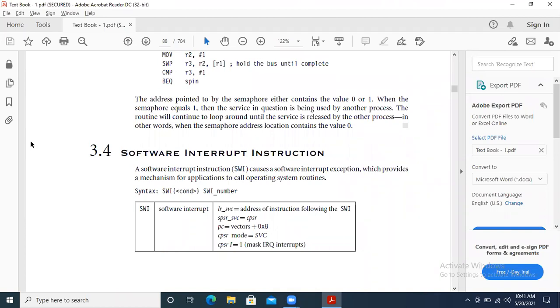In the second module, you have to see the third chapter and the sixth chapter, because those two include your second module. In the third chapter, only 3.1 to 3.6; 3.7 is not in your syllabus.